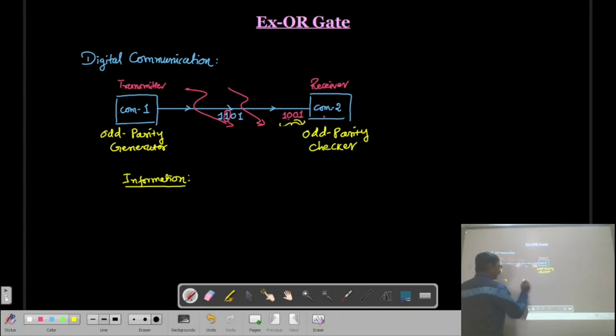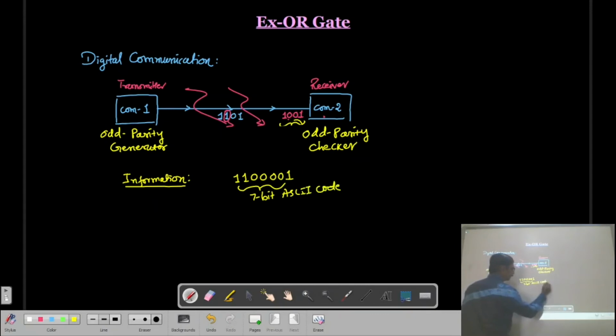So here, let us say one of these binary numbers or ASCII codes is like this: 1100 and 001. This is a 7-bit. Now here you can see that this information itself is with the odd parity.